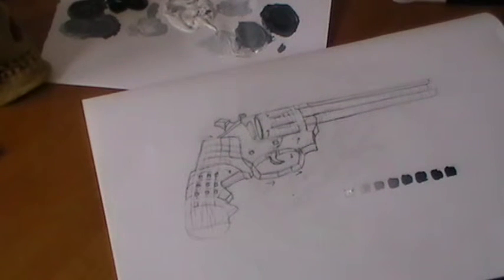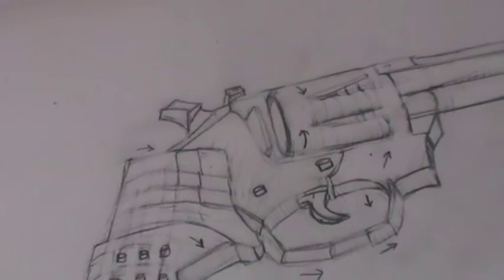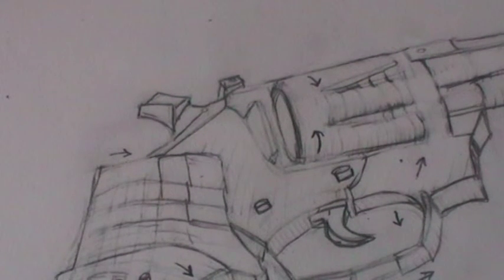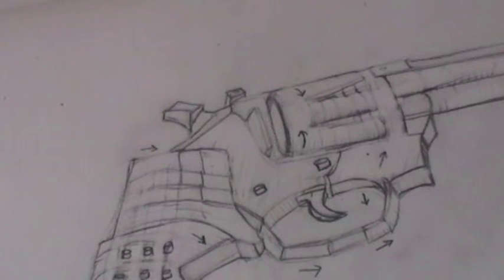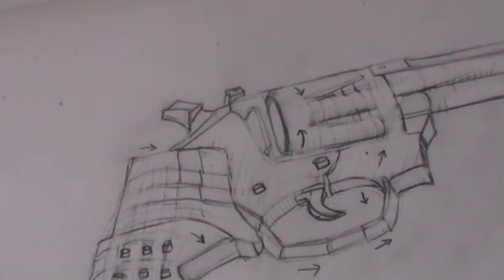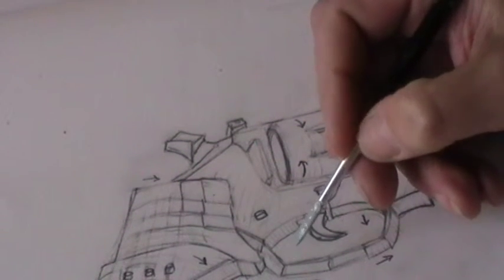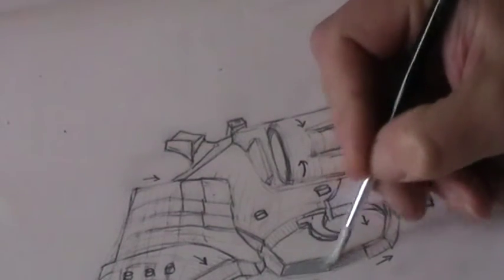Now what we're going to do once we've done that is we're going to zoom in to the gun and look at a part of the gun. And you can see the arrows on there showing the direction of the cubic forms we created previously. And what I'm going to do now is investigate some of the tones on there. So we can start by looking at some mid-tones which are coming round here, like so. Follow the block form